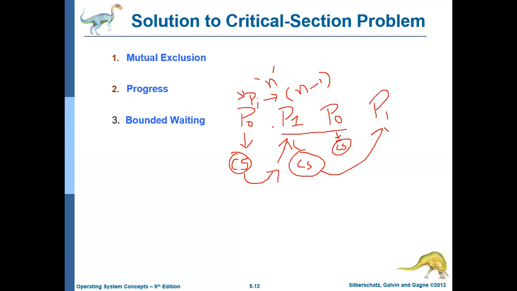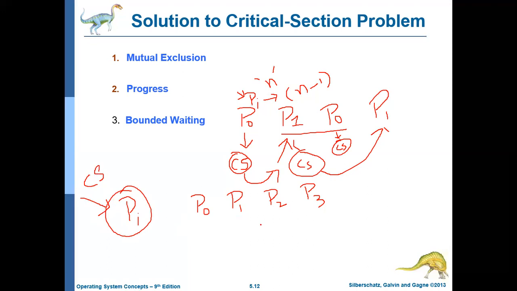Bounded waiting should also ensure the order. For example, four processes are waiting for the critical section in this order: P0, P1, P2, P3. Say currently there is some process Pi in the critical section, executing its critical section. While Pi is executing, all of P0, P1, P2, and P3 are waiting.